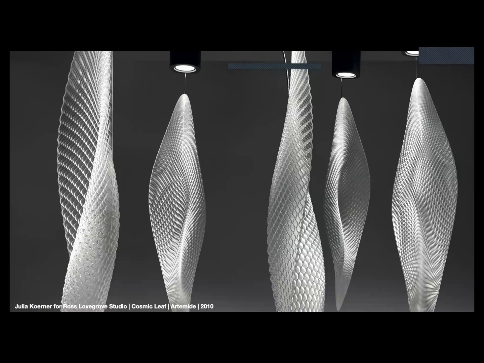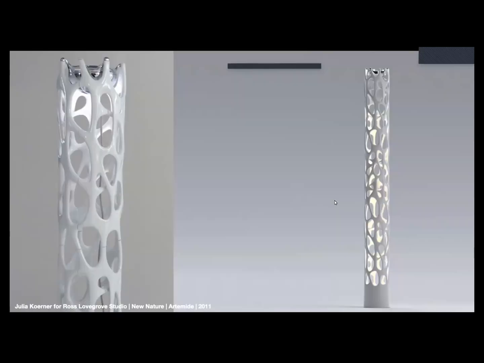At that time, Ross was really keen to bring the architectural design methods into product design. And as 3D printing on that scale was something which was realizable, we looked a lot into this technology. And so we moved from using 3D printing as a rapid prototyping technique to actually manufacturing elements.